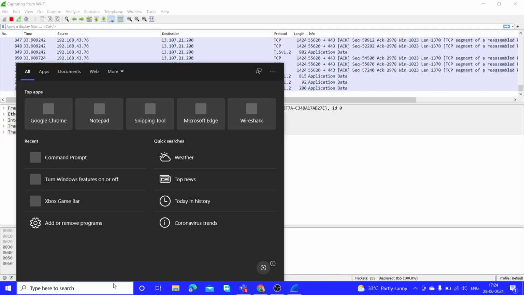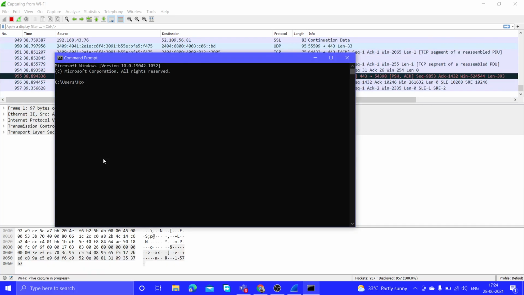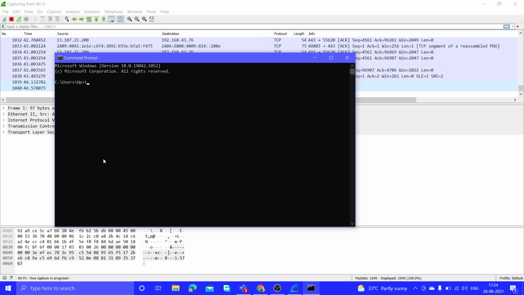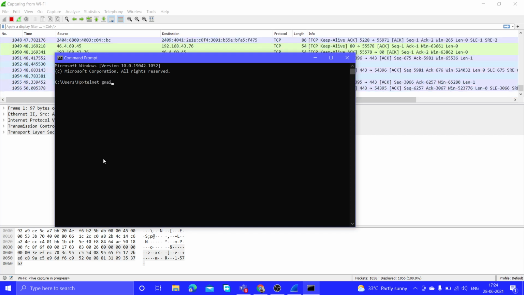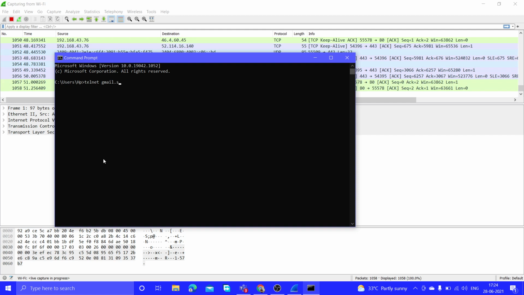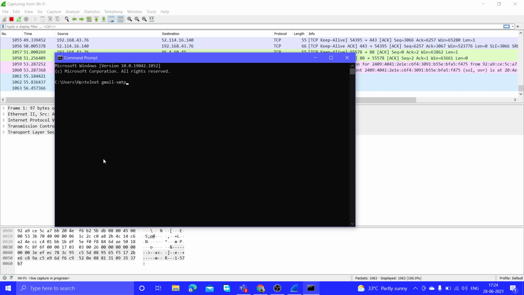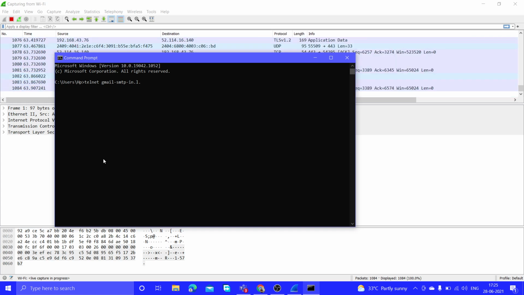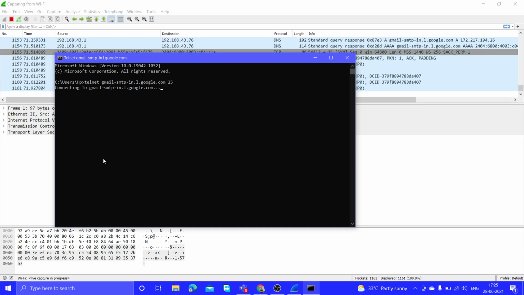Then we have to open command prompt, and in command prompt we have to just type in telnet gmail-smtp-in.l.google.com 25.